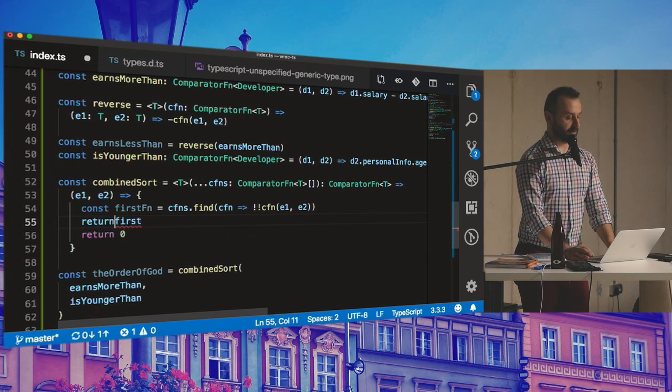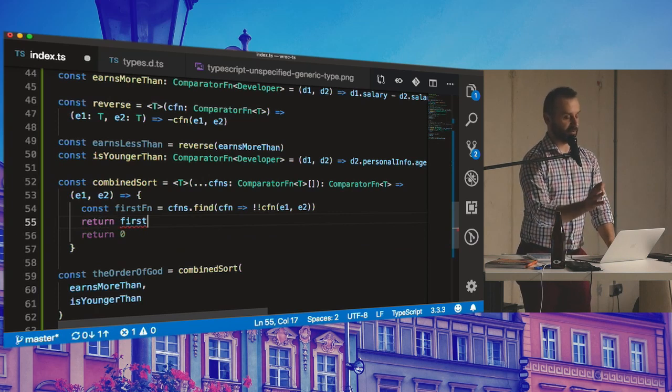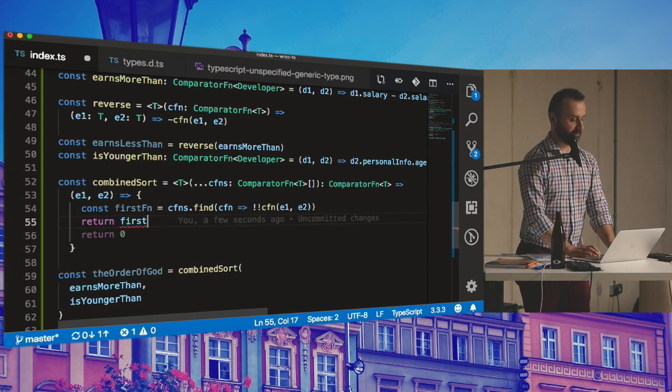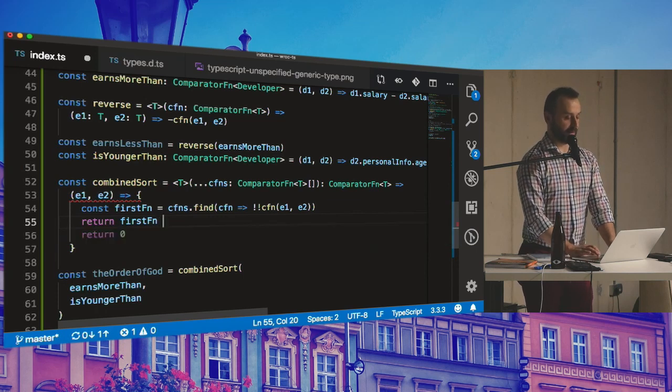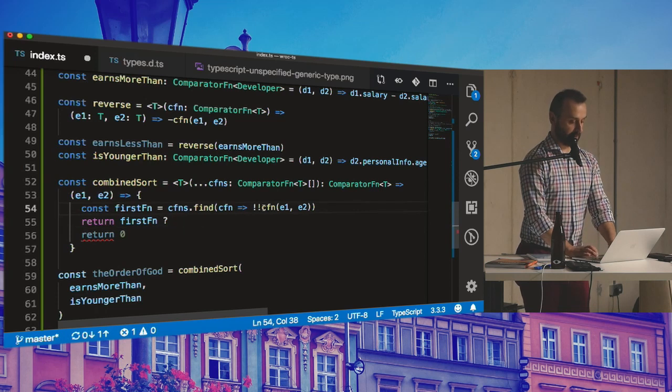And since we don't want to do returns from if statements because that's imperative and ugly, we're already imperative. So if first function is a function, right? So if this is truthy, then we need to return this thing,